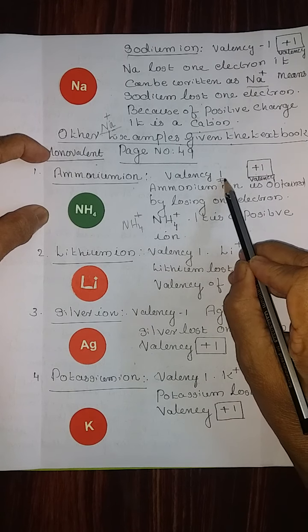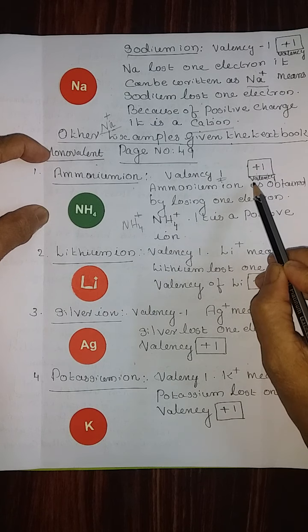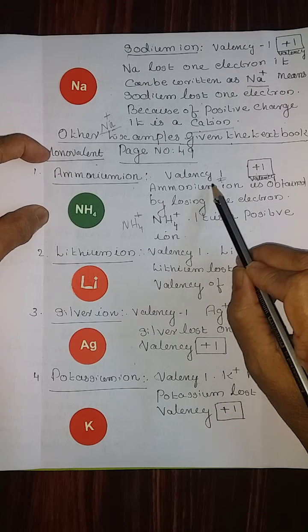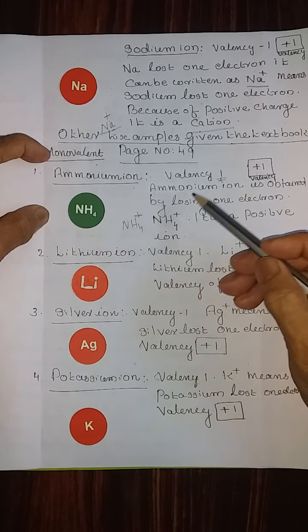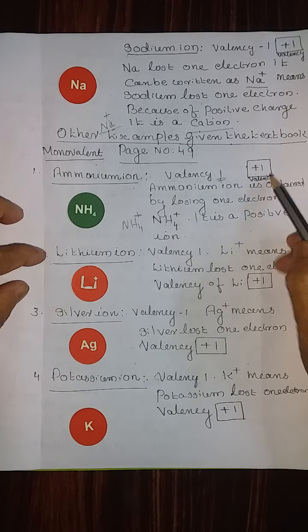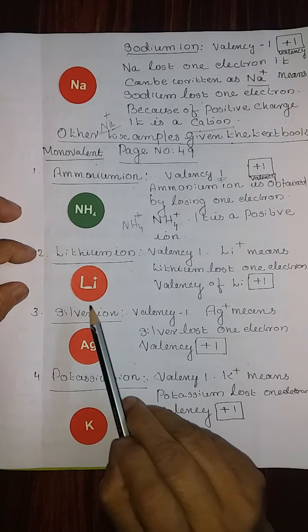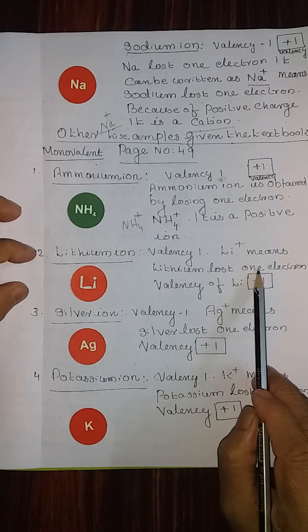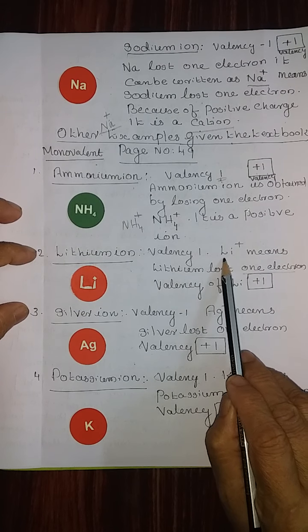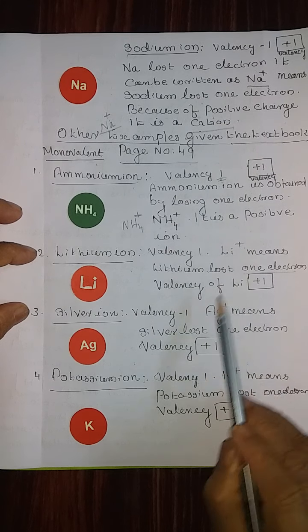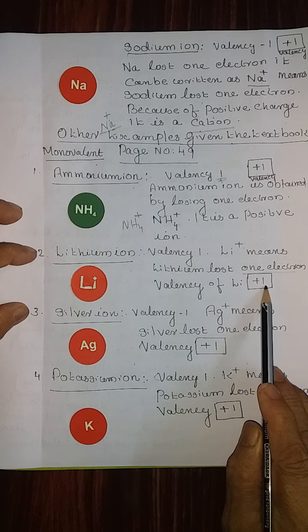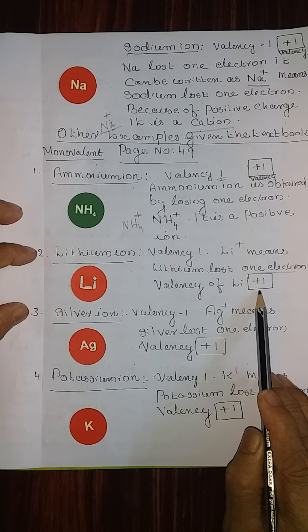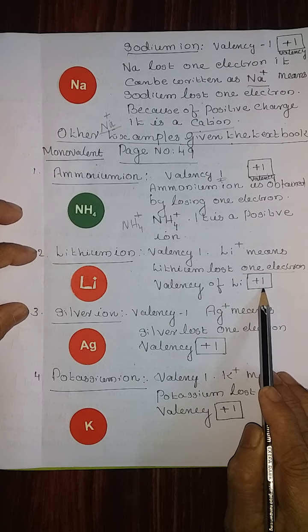You already studied the valency as 1 without any sign. Now onwards, you have to study like this. Whether it loses electrons or gains electrons, that you should know. Therefore, ammonium can lose electron, therefore its valency is plus 1. Next is lithium ion. Lithium symbol is Li and it can lose only 1 electron. Therefore, it can be written as Li plus. And you studied the valency as 1. Now you can write the valency as plus 1 because lithium can lose only 1 electron.